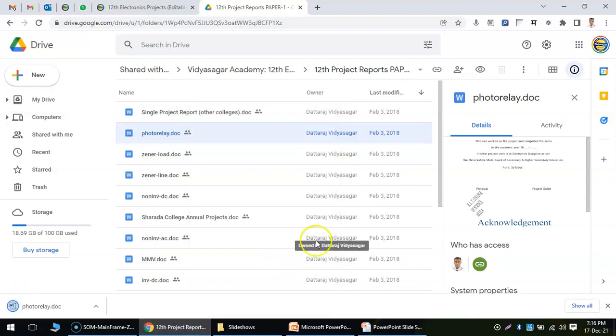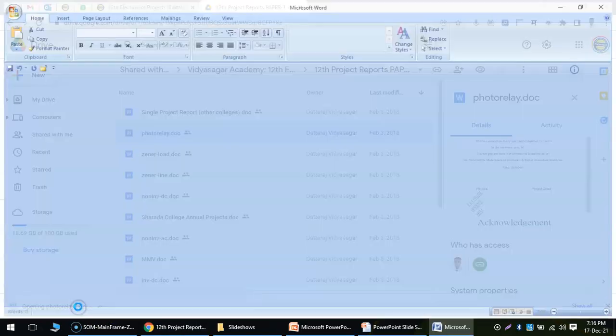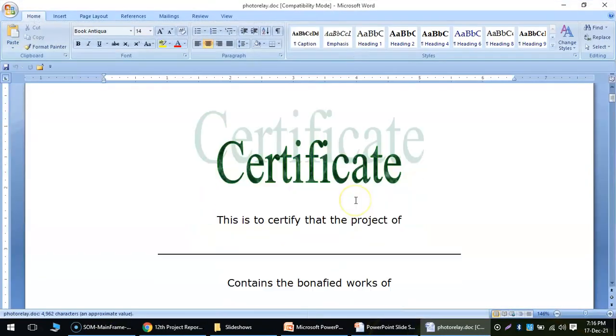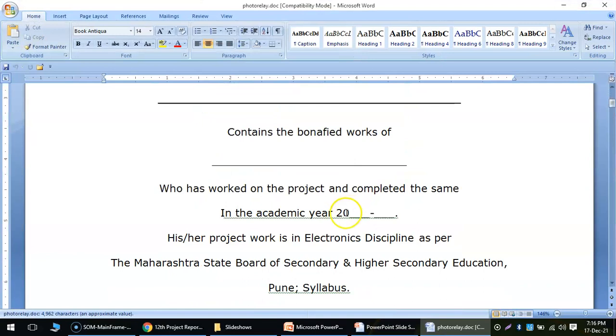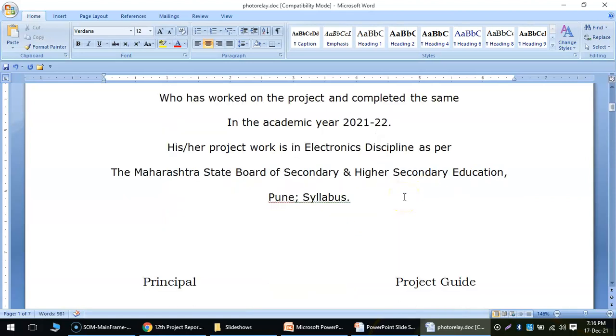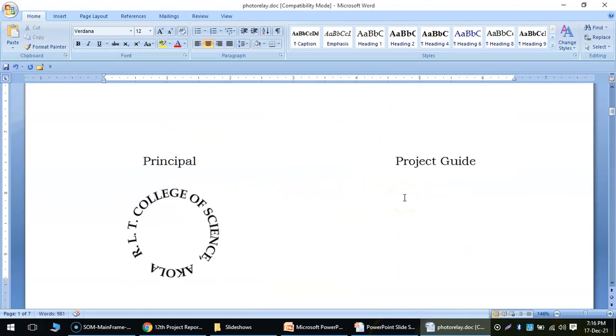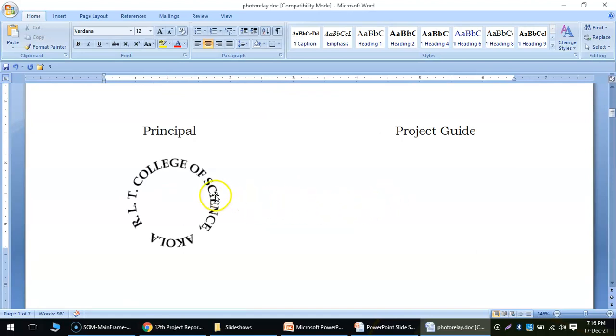For example, if I download this project over here, it is completely editable, and you can see this project is downloaded. Now I open that project in MS Word. You have to change the year over here. It is 2021. Delete this part and make it 22, so it is for 2021-22. Then you have to change the college name.